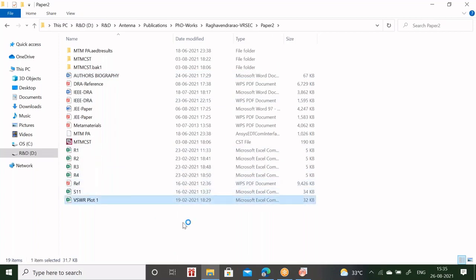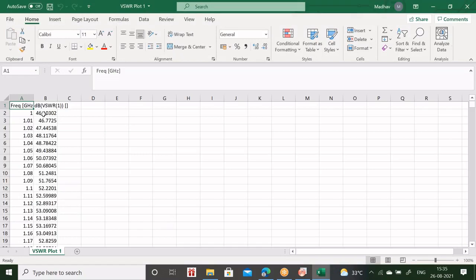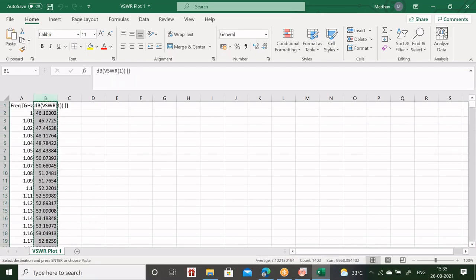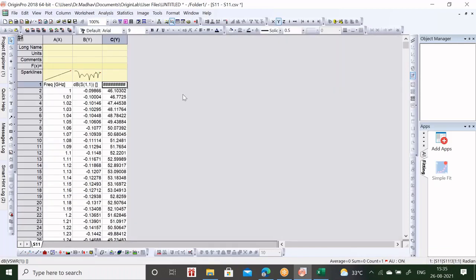If you want to plot both S11 as well as VSWR, then the frequency column is same. Select the VSWR, copy, and here you simply paste it. So now frequency is there. One y-axis is S11, another y-axis is VSWR.